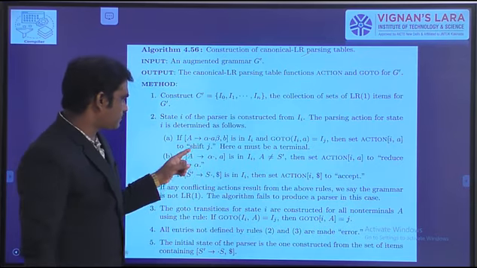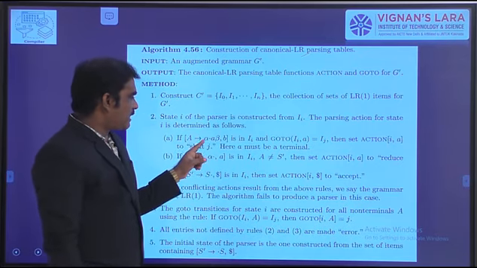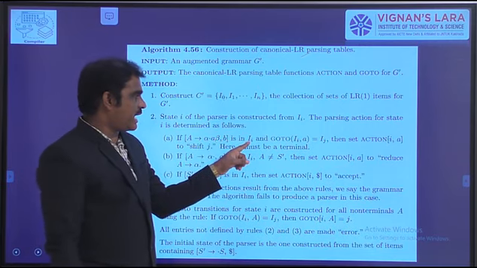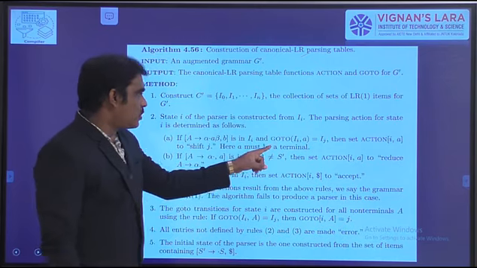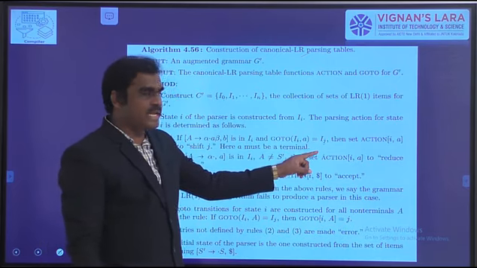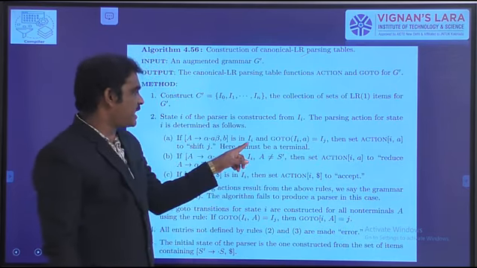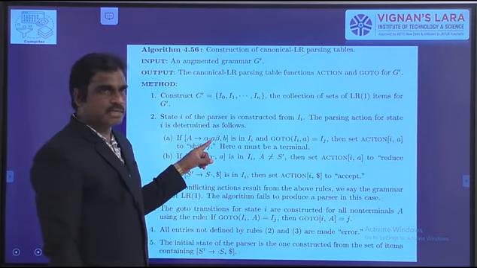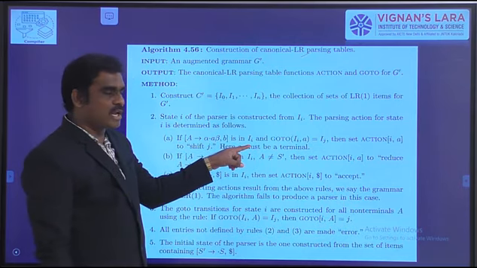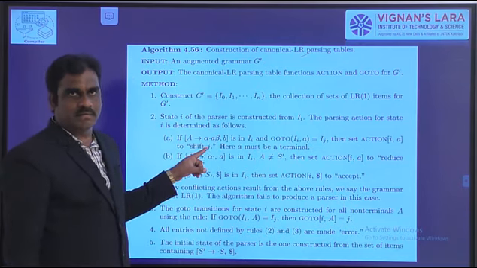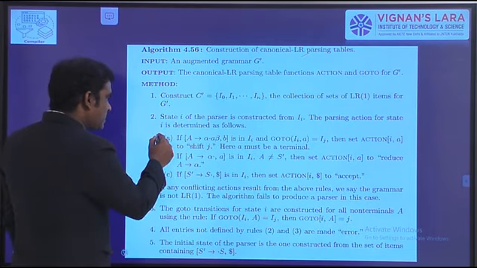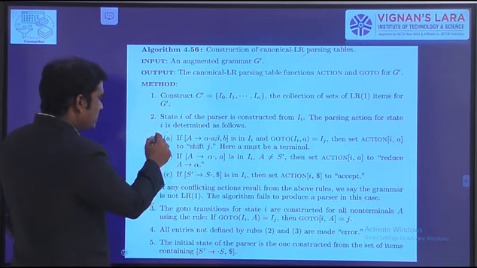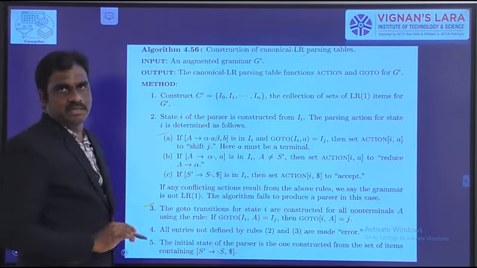See, A2 alpha dot A beta comma lookup symbol is B. It is in I. Then go to of I comma A equal to Ij. Then action of I comma A, where I is the completed end state, I comma dot followed by symbol, the result is shift J. Almost the same as in the SLR parsing table. The shift part and the go to operation, these two are the same as in SLR.